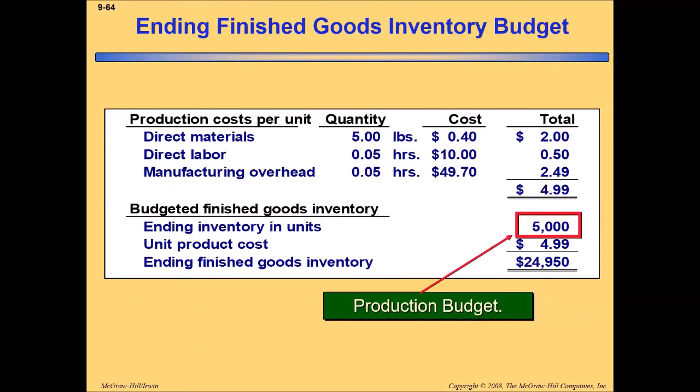In the production budget, we have seen that at the end of the quarter, we will have 5,000 units in the ending inventory. So multiply these 5,000 with the unit product cost, which is 4.99, and we will have that much ending inventory at the end of the